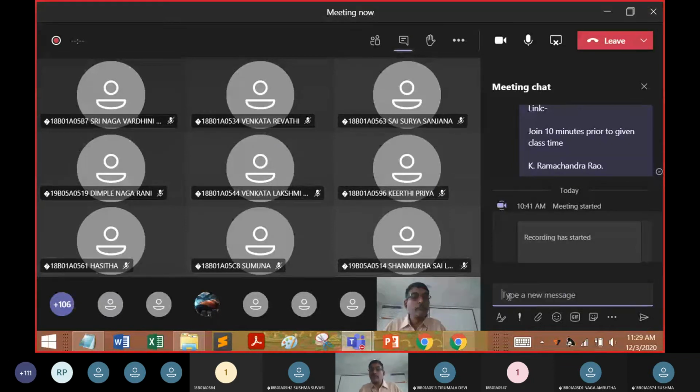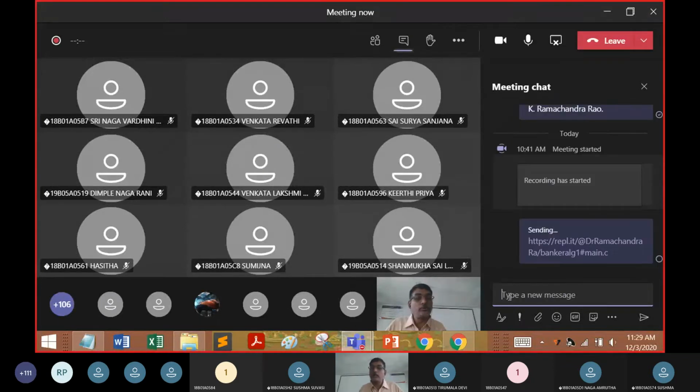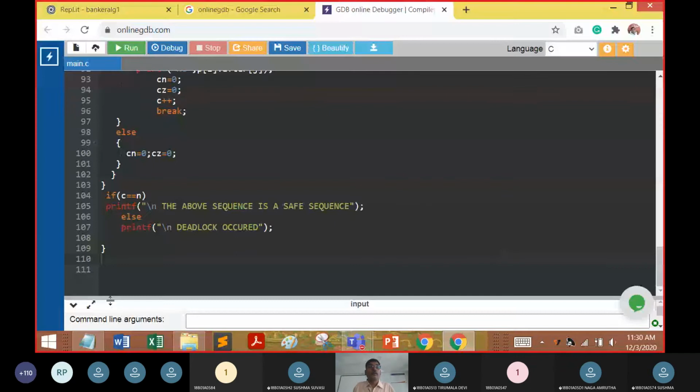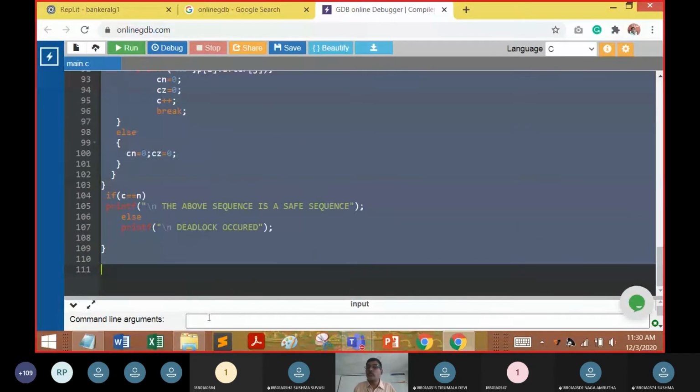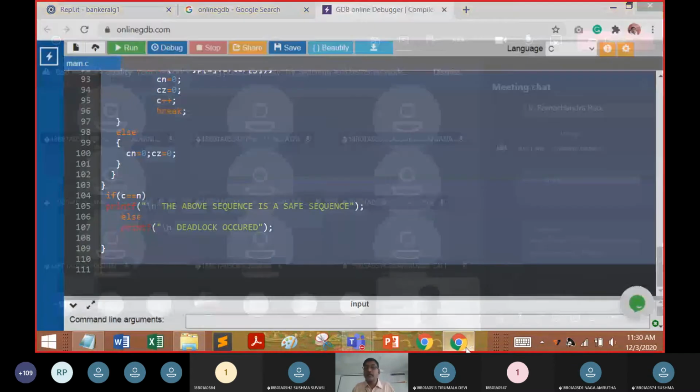Copy the program, and anyhow, I'm going to put the same program in the chat box so that you can compile it along with me and tell me the output.